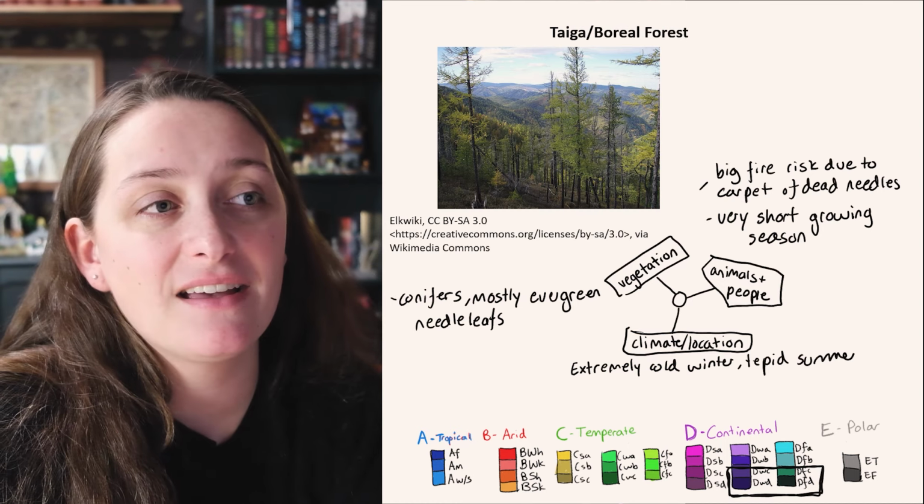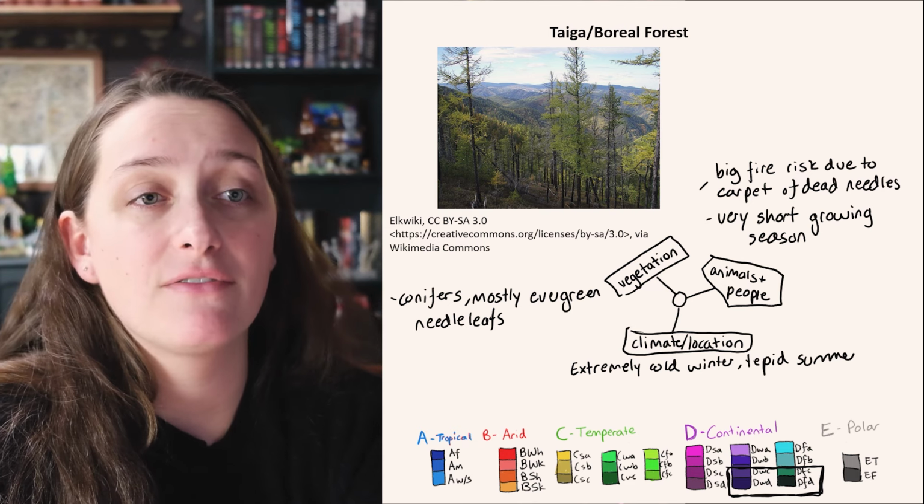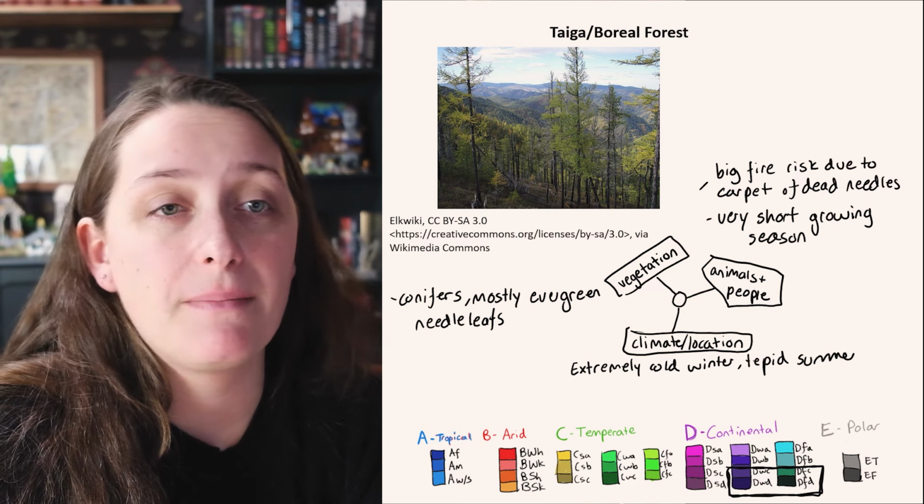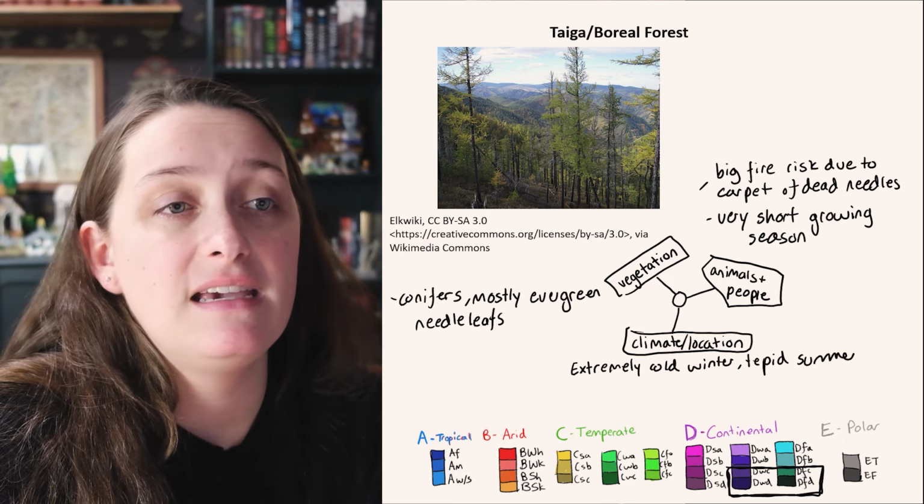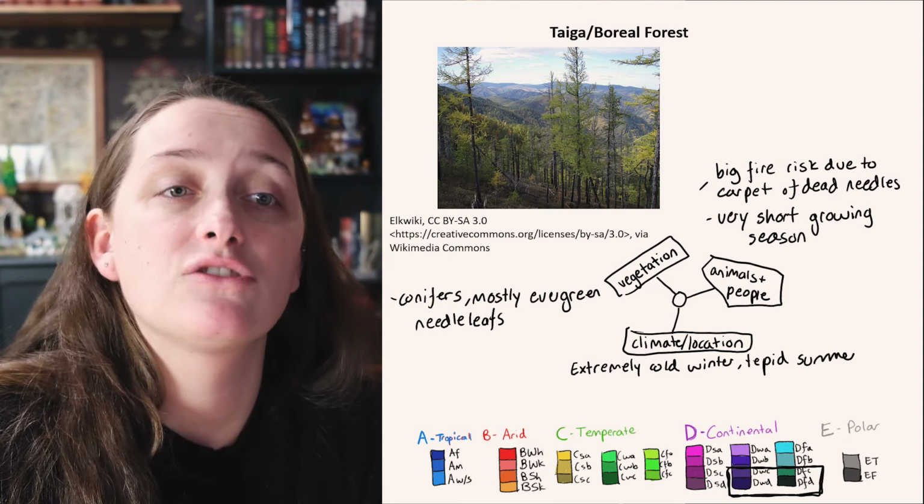Next we have the taiga, or the boreal forest. These are going to be conifer forests, mostly evergreen needle leaves. And in North America, these tend to be dominated by pines, spruces, firs, etc. This is going to be your DFC, DFD, DWC, DWD climate regions where you have an extremely cold winter and